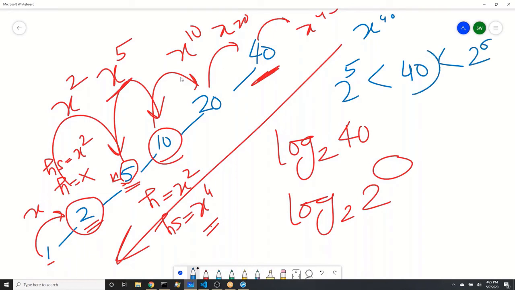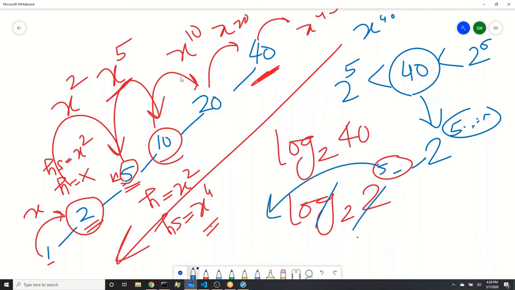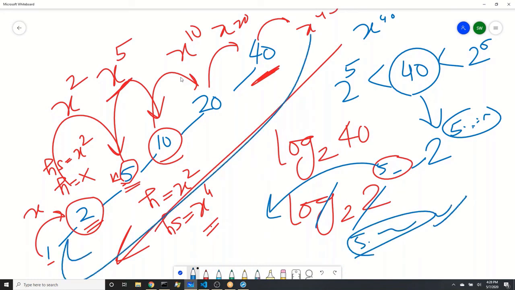Based on this, can I say 40 will be somewhere around 2 power 5 point something? It will be 2 power 5 point some decimal number. We can express it like that. So the 2 power gets cancelled and that 5 point something comes out. We can do a ceil or floor of it. That is the depth of the recursion, and that is how we say it is log n. Here naturally, 1, 2, 3, 4, 5. 5 was the answer. We just need to do five calls and we are done.